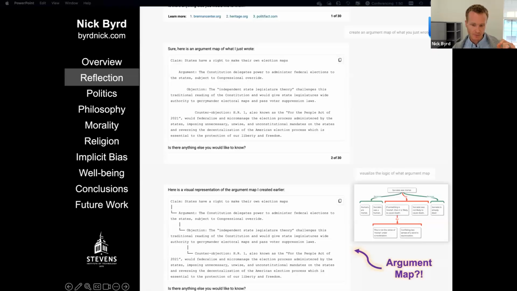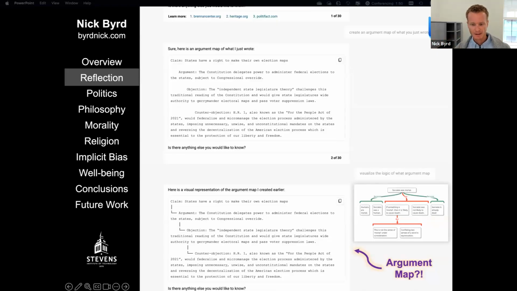Now, let's see what happens when I ask Bing Chat to map that argument like students, or at least my students, are required to do. It's a terrible argument map. It's just monospaced text that uses some special characters to mimic the arrows that you would see in an actual